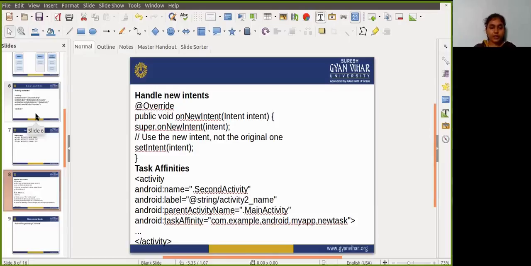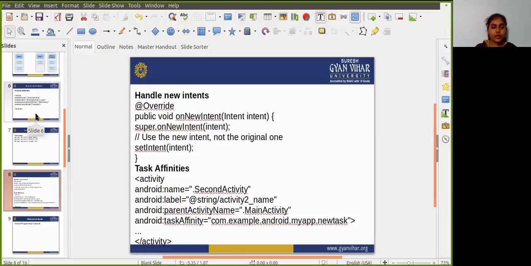The activity is always the single and only member of the task. The vast majority of apps only use the standard or single top launch mode in the intent tag.